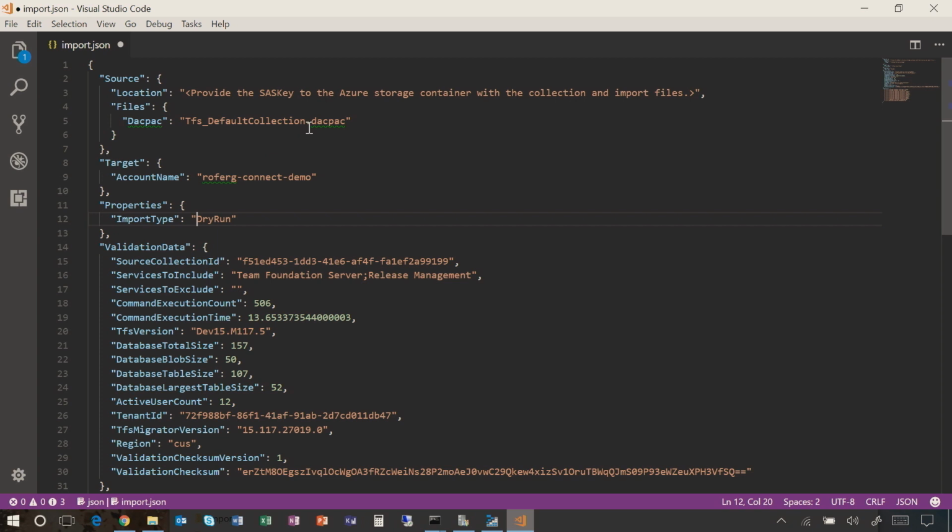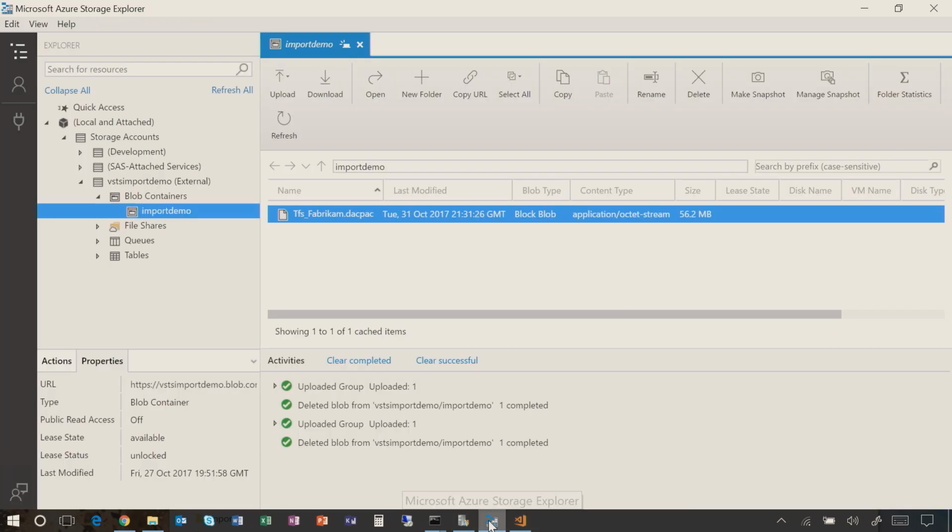The DACPAC name, it tries to smartly fill it in as default collection, but we know that we called this one Fabrikam, so we'll go ahead and change that name there to match the name of the DACPAC file we created. The last property we need is the location parameter, and this is essentially just a shared access signature key. It provides delegated access to the storage container so we can get access to this TFS Fabrikam DACPAC. You can generate this by opening up the Microsoft Azure Storage Explorer tool, going down to the container that